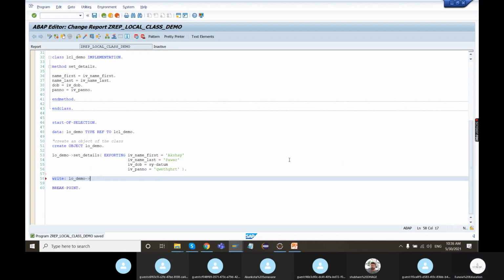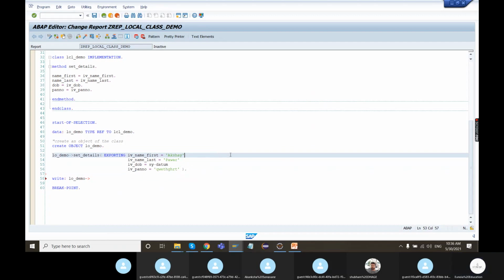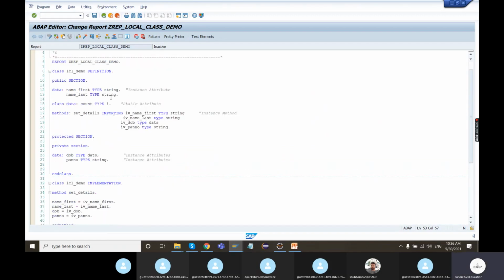Hello demo. I can print out the first name, I can print out the last name, but I cannot print out the date of birth or PAN number since it is not readily available outside the class. This is how abstraction is achieved. Selective details have been exposed from the class: the static attribute count, the first name, the last name. The PAN number and date of birth are not at all accessible from outside the class. That is the exact reason why we had to pass the date of birth and PAN number to a method to get them set in the object.